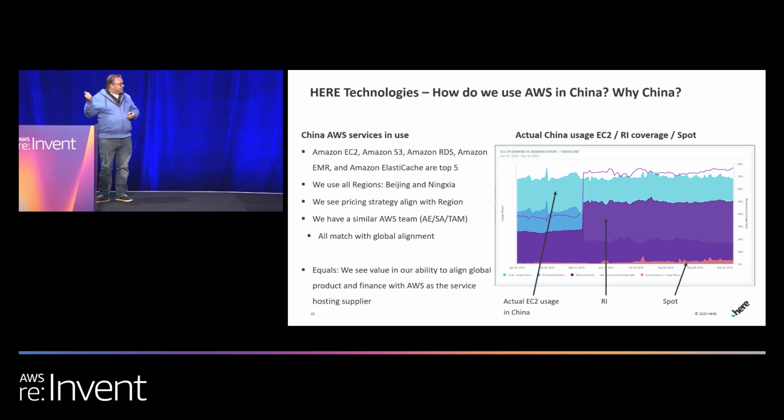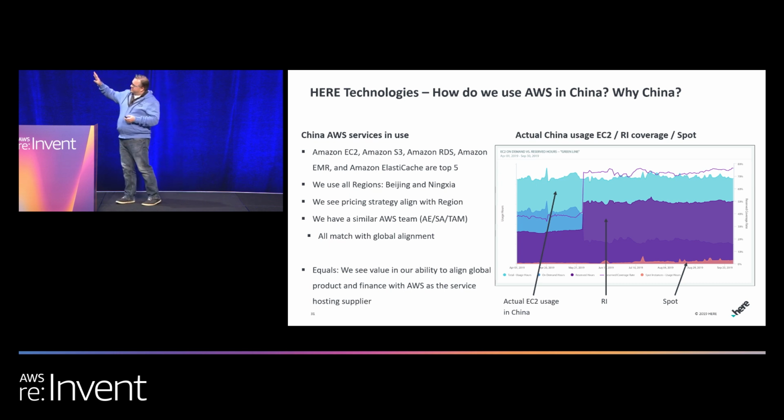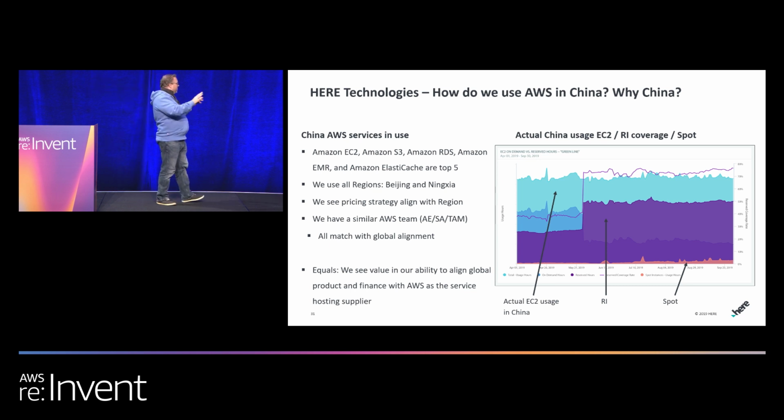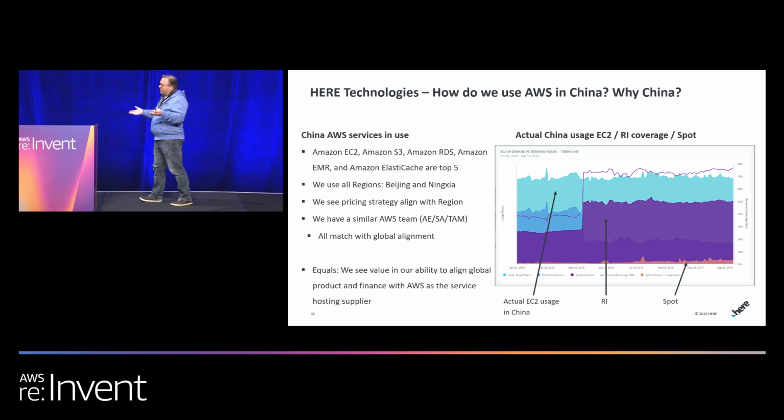So this is an example of some work that we've done this year. This graphic here shows actual EC2 usage. And you can see here where we're bringing RIs in and we're using spot instances. And this is the same picture that my executive and finance teams are used to seeing about my global. They see it about China. I still call them out on a separate slide because I like to shine the light on the fact that, look, we do the exact same thing here as we do there. All programs seamlessly move, all programs seamlessly work.